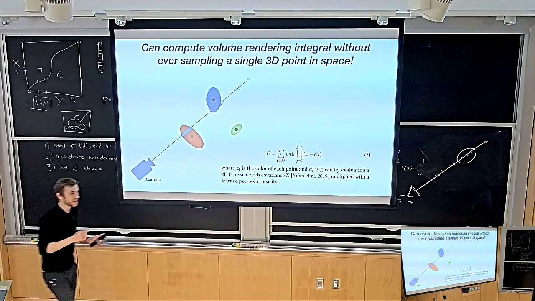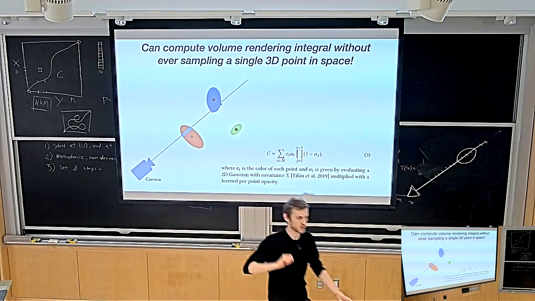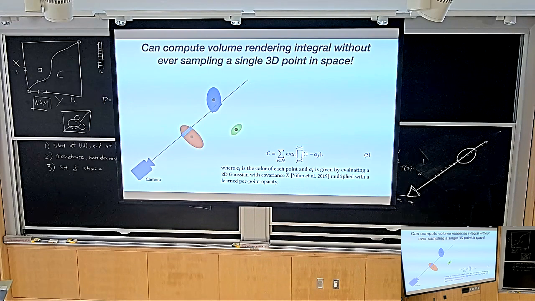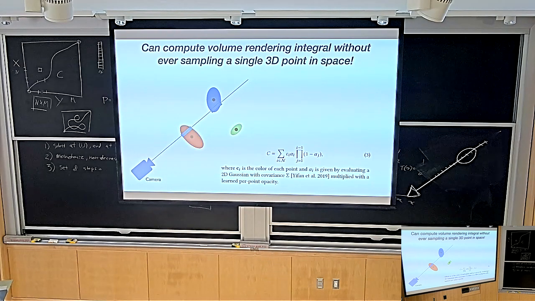It means that now we can compute our volume rendering integral in the following way. We're going to take our 3D scene, which is like Gaussians floating in space, and we're going to take a pixel. Then you do one pre-processing step: which Gaussians have anything to do with this pixel at all? It's pretty cheap to figure out which Gaussians have a likelihood of at least 99, which Gaussians influence this pixel at all. All of the Gaussians that are unrelated to this pixel, you just throw away, as we discussed before.